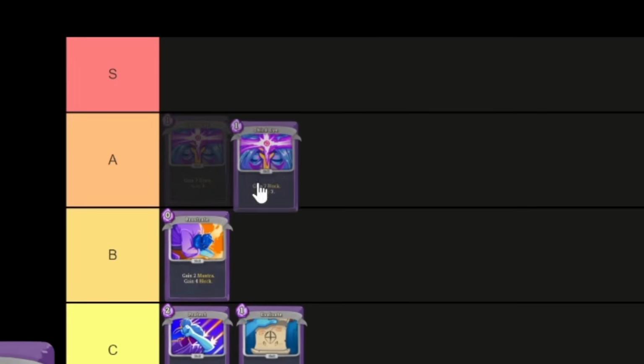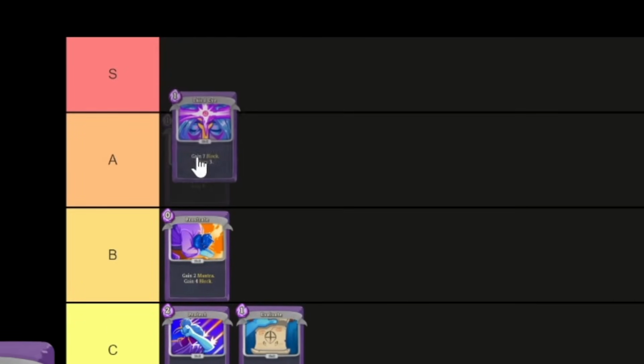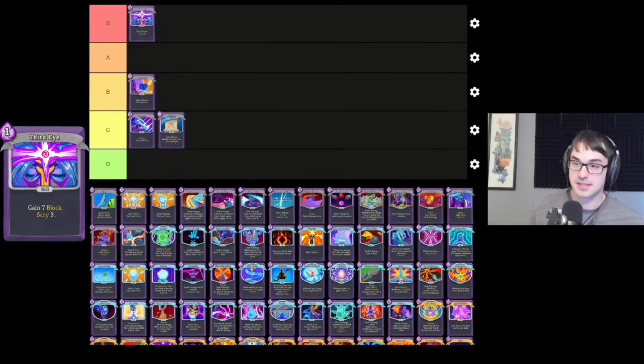There's almost no build on Watcher that doesn't appreciate being able to take a look at the draw pile in this fashion, and so I rate Third Eye very, very highly, especially if there's an upgrade involved. I think regular Third Eye is A tier for me, and Third Eye Plus is S tier. I don't know where I would drop the card overall. I think I'm actually just going to put the card in S tier because that's how I feel about it